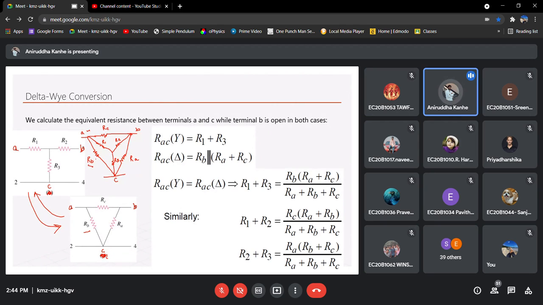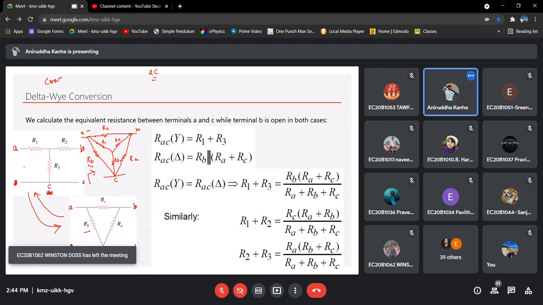To find that, you have to take one port at a time. Let us see, if I am interested in starting with AC. Okay. So that's your C, this is the C for delta. Now keep this B open. Consider B as open. Nothing is connected to that. That means it is not connected to some other circuit. That means this is not there. Then what you can say, between A and C, what is the equivalent resistance here? The equivalent resistance is R1 plus R3.